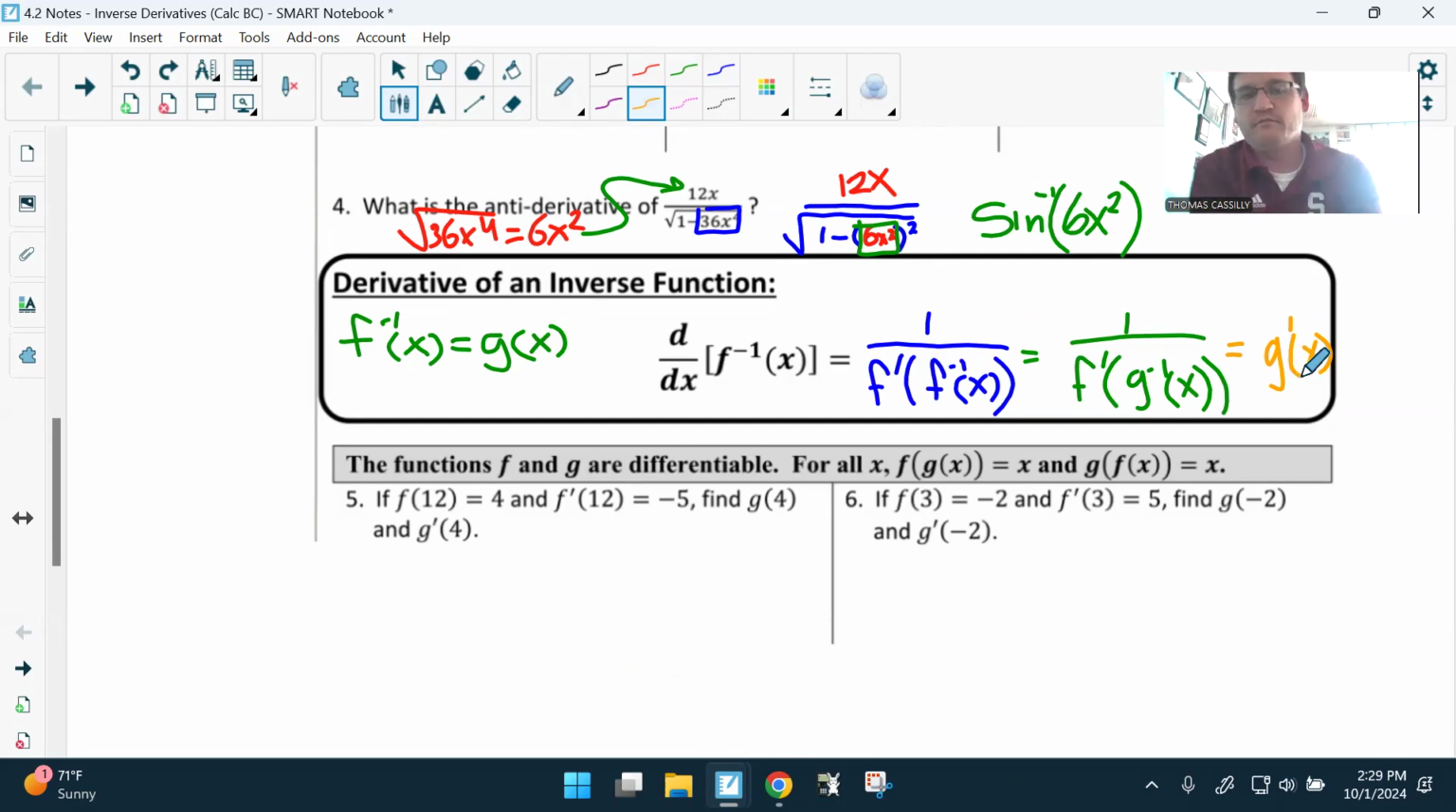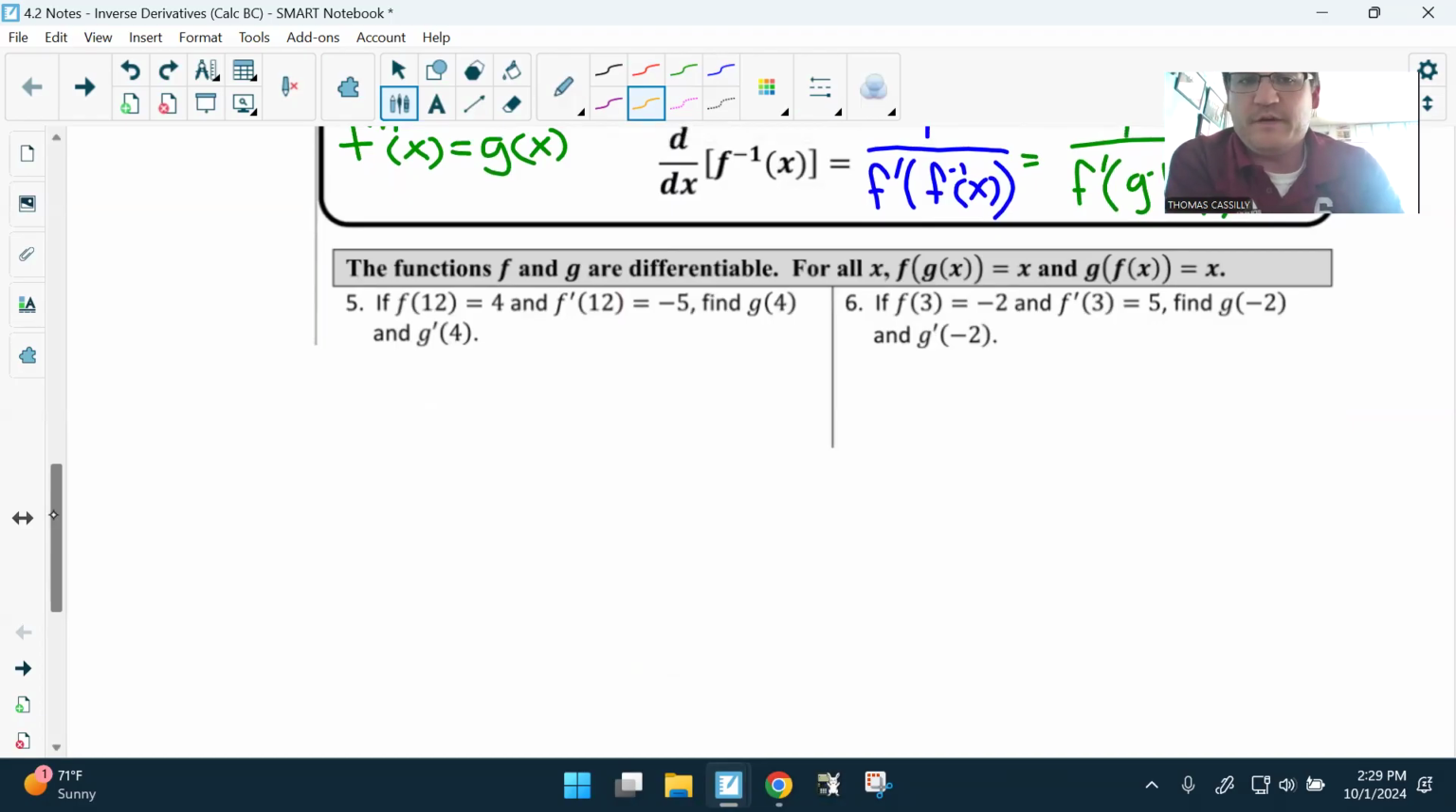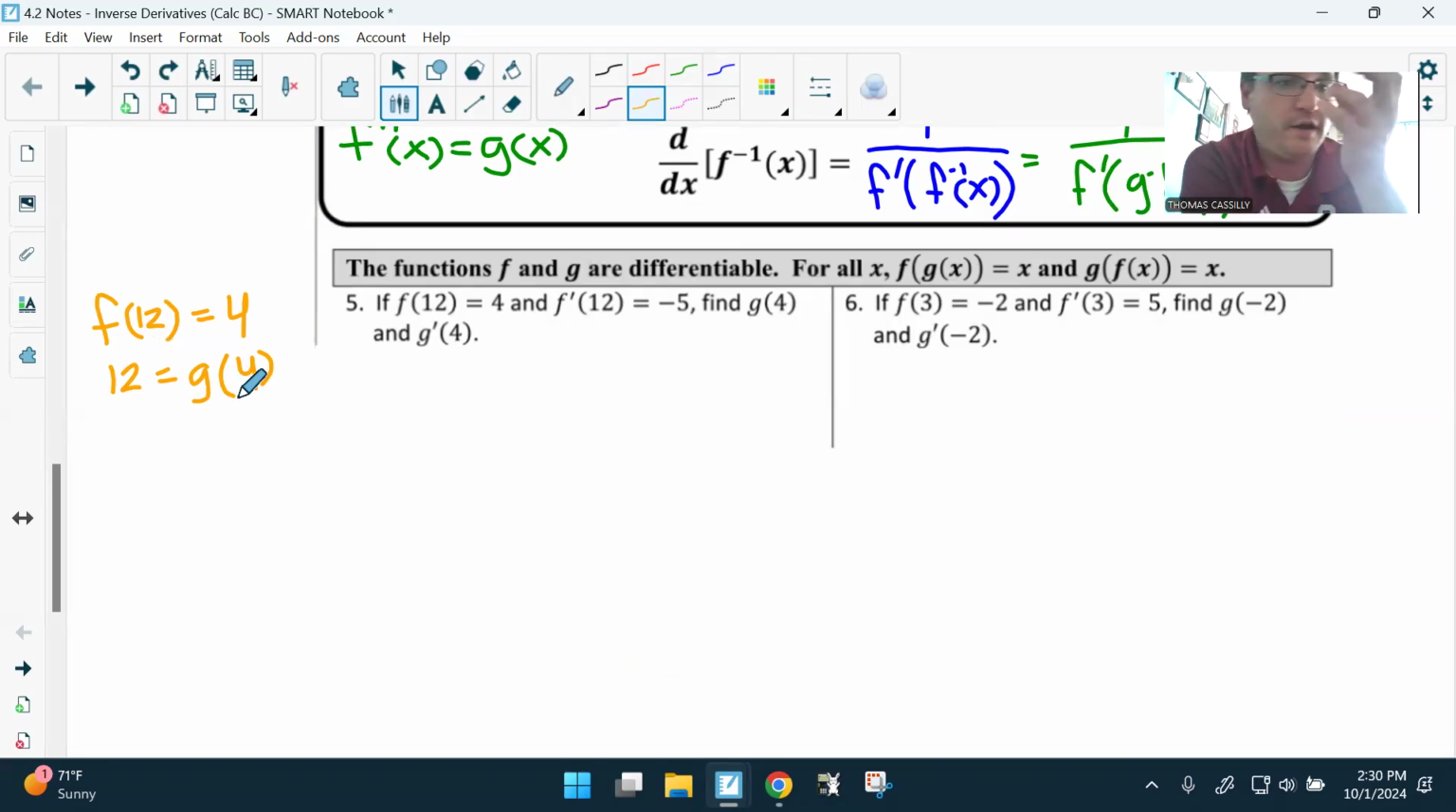So let's try that again. All right, let's look at one of these things. f of 12 is equal to 4. So we know f of 12 equals 4. This implies that 12 equals g of 4. We already know what g of 4 is because f and g are inverses of one another. So instead of saying f inverse of x, I'm just going to call it g. So if we were trying to find g prime of 4,